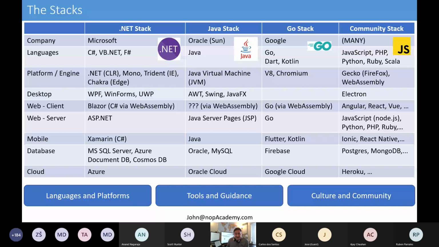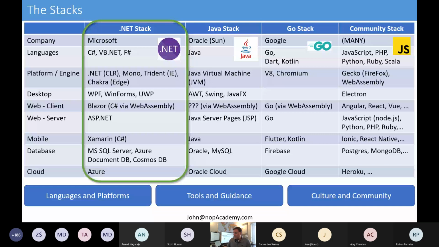So of the different stacks out there, the way you slice and dice all these different stacks, it's probably good to keep in mind that each one of these stacks is influenced by different companies. Microsoft definitely influences the .NET stack, where Oracle would influence the Java stack, and Google has been pushing Go and a lot of other languages. So it's good to recognize certain companies are influencing certain stacks,